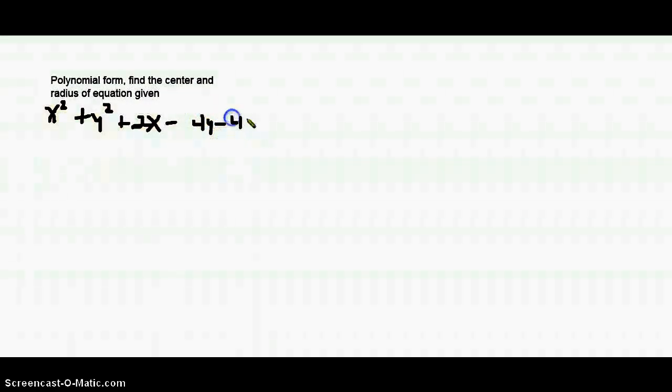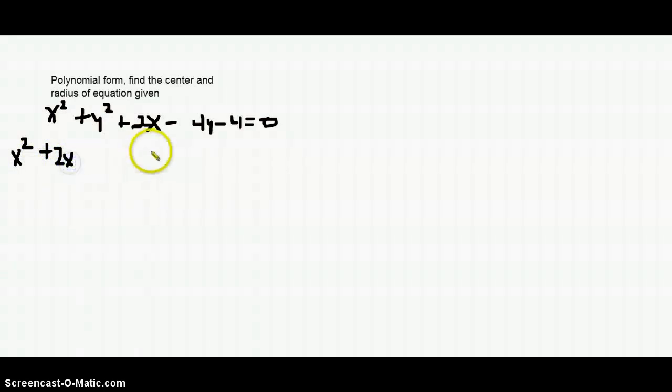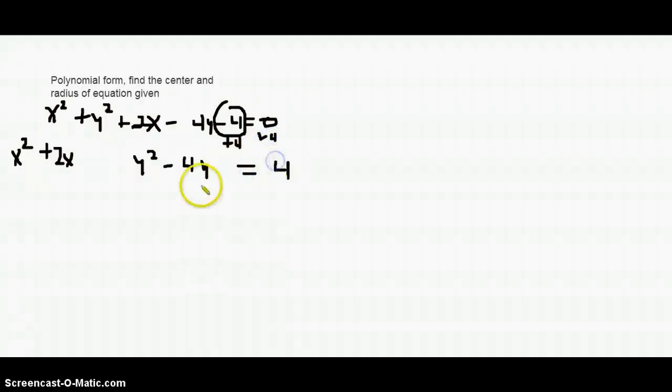minus 4 equals 0. So what we want to do first here is group our terms. We have the x's and the y's, so we'll do x squared plus 2x over here, and y squared minus 4y over here. Now the other term, we add it to the other side, plus 4, so equals 4. But in order to factor, we have to complete the square,